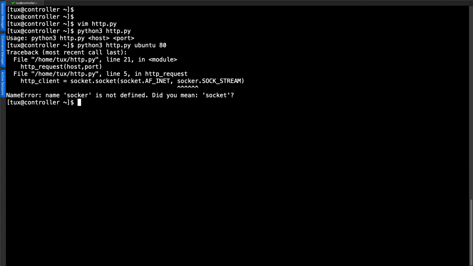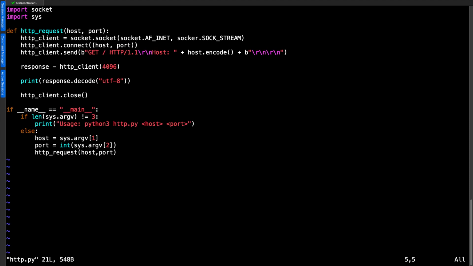Then when I go through and connect to my Ubuntu server on port 80, you can see I've misspelled socket as soccer. So I can go through then in Vim, even though it's right near the top, we can get used to using Vim and putting the line number in, so +5, and going back then through to my http.py, and then I can go through and correct soccer to socket. So one mistake. Any more mistakes?